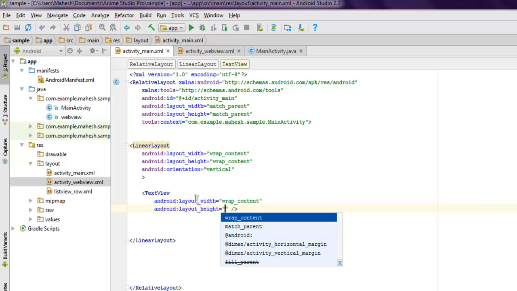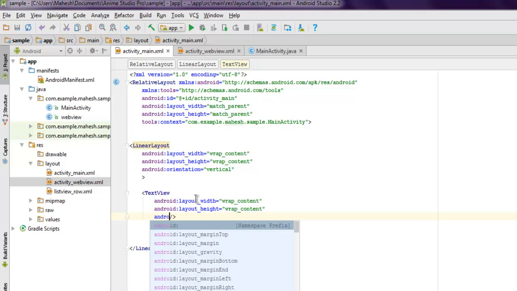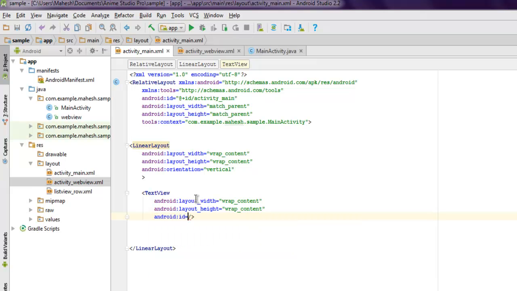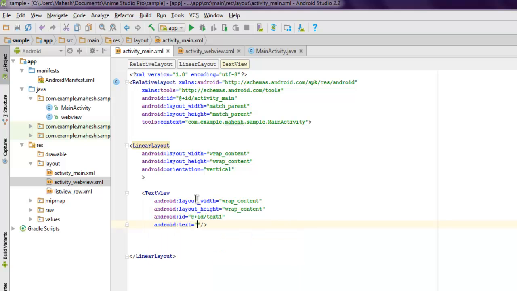Okay, so I'm going to name this, add @id/text1. Okay, and I'm going to also add Android text equals to enter phone. Okay,